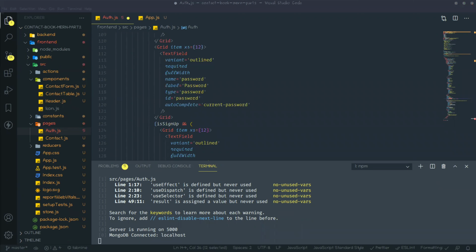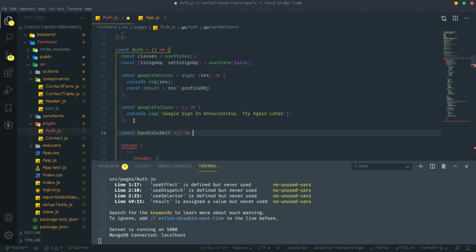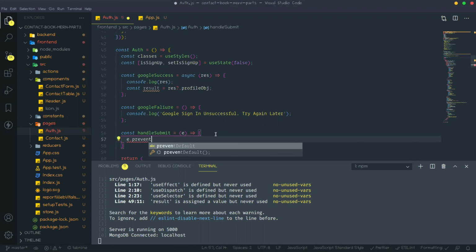So go up, like const. So in this submit first, we are getting the event, so we need to prevent that event. So e.preventDefault.